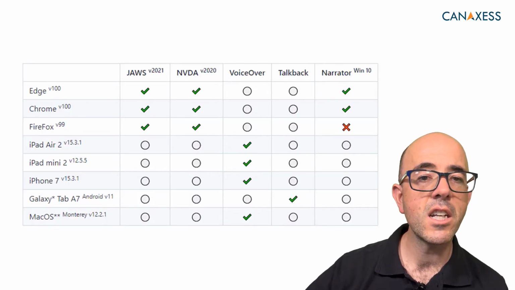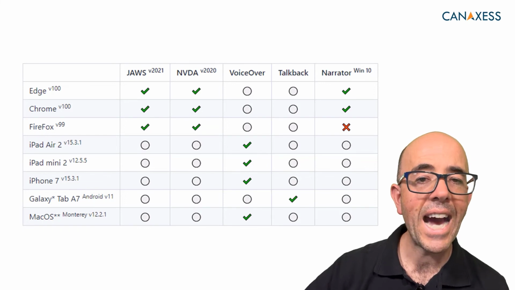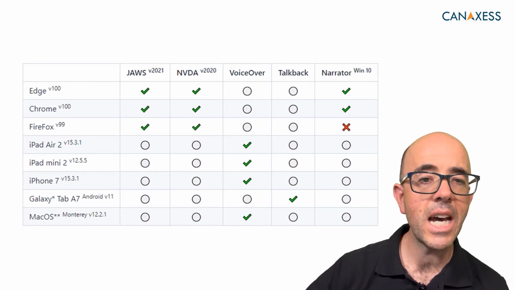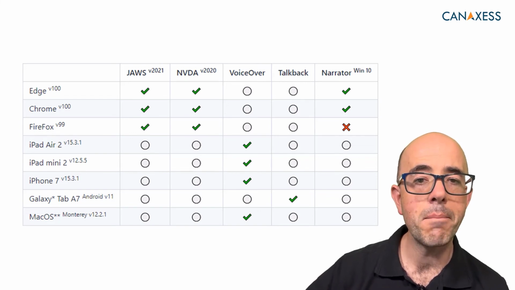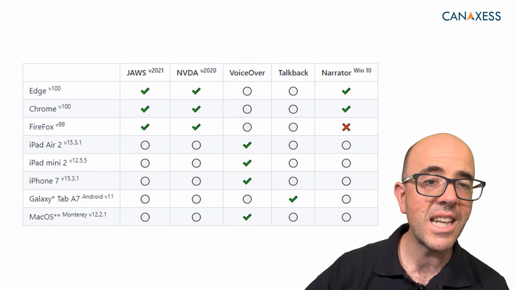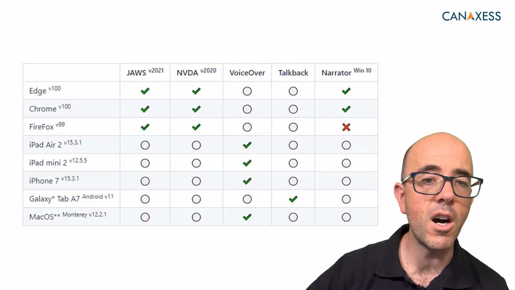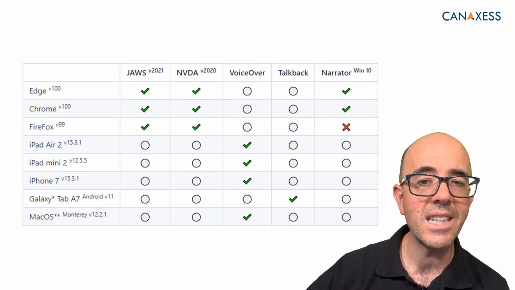This technique has very good coverage amongst JAWS, NVDA, VoiceOver, both macOS and iOS, and TalkBack, where all combinations perform uniformly and consistently. On screen is a table showing the browsers Edge, Chrome, Firefox, and the devices iPad Air 2, iPad Mini, iPhone 7, Galaxy Tab A7, and macOS, displayed in rows with the screen readers JAWS, NVDA, VoiceOver, TalkBack, and Narrator as heading columns, describing the compatibility of all of the combinations. There are green ticks in each column except for Windows Narrator on Firefox, which shows a red cross indicating incompatibility.